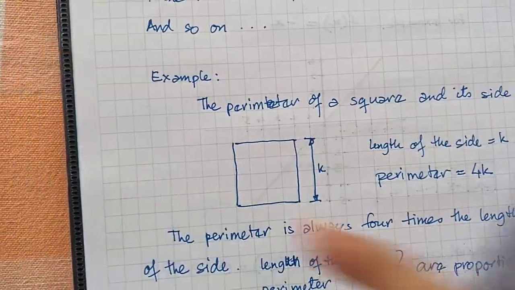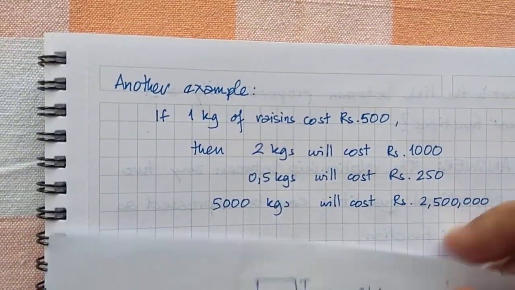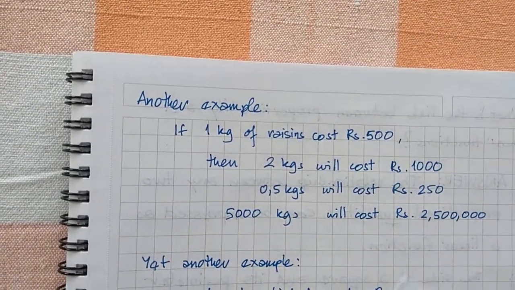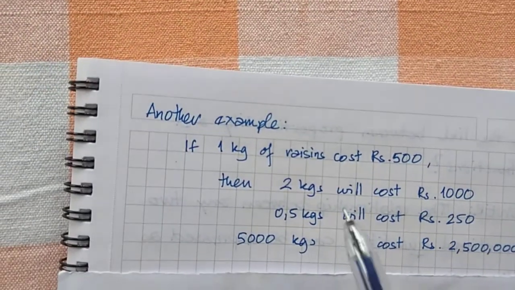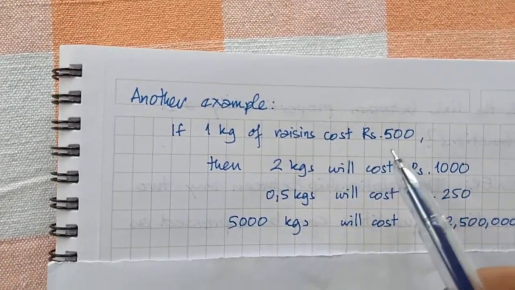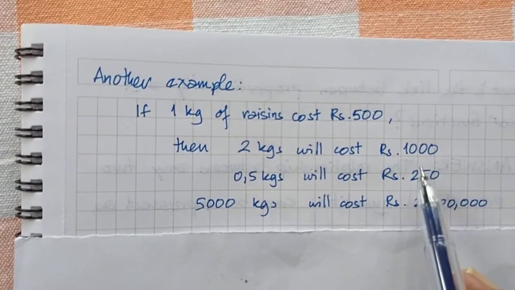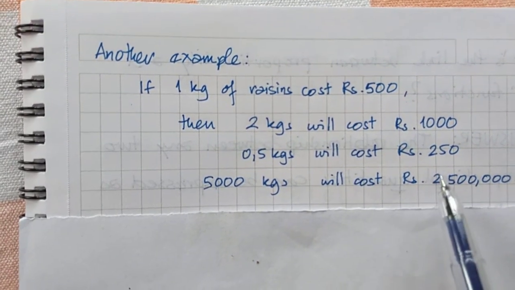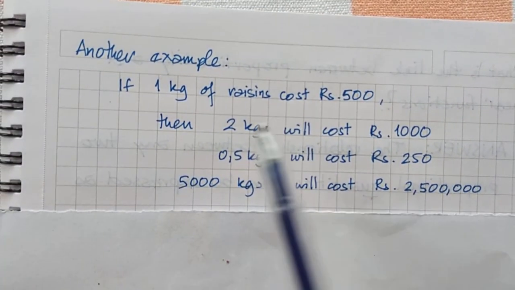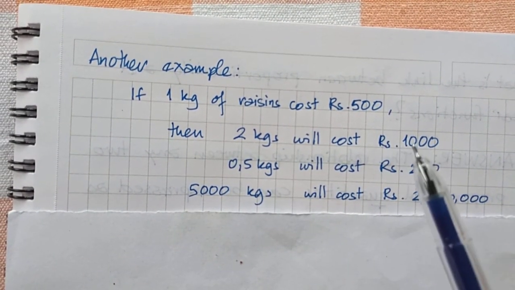Right. So we'll take some more examples of proportional quantities. Let's take this one. You go and buy some grapes, not grapes, raisins. If 1 kg of raisins costs rupees 500, then 2 kgs will cost how much? 1000. 0.5 kgs will cost how much? Rupees 250. That's correct. 0.5 kgs is half of 1 kg, so you will pay half of 500 rupees, which